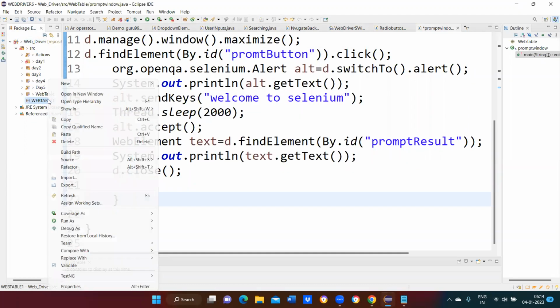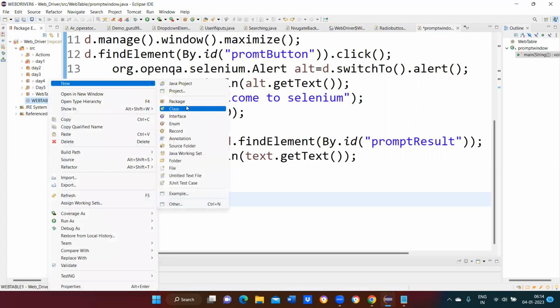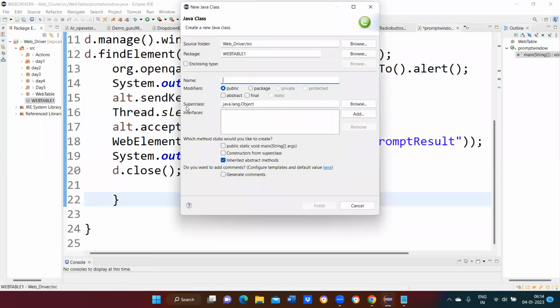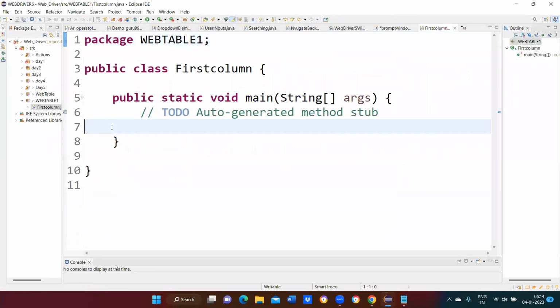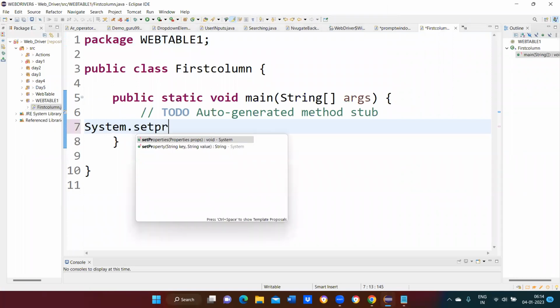Under the web table, right click on that. Go to new. Click on the class. Mention as first column. First column. Public static void main. Click finish. So under that, I'm going to use System dot setProperty of